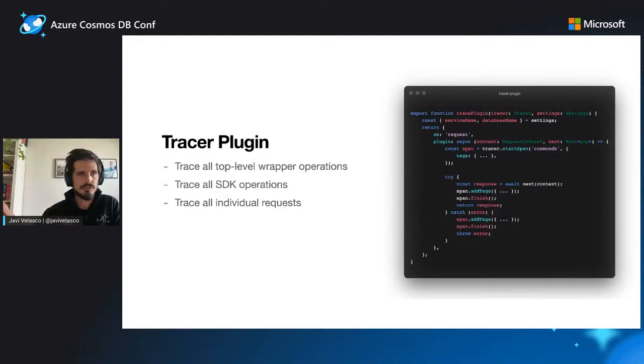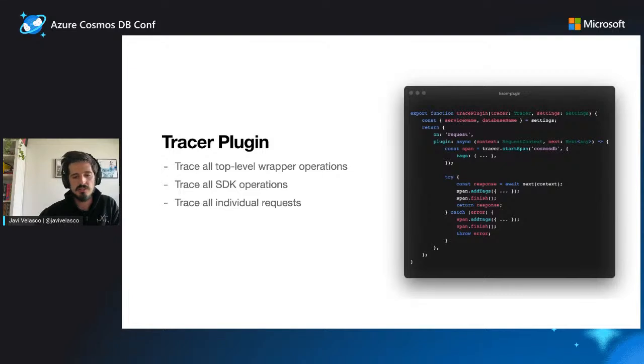So we defined a tracer plugin that works through APM and starts a span as soon as a new request happens and closes it once the request is done, tagging and logging all errors and all sorts of useful information. Now, what is very interesting about this is that if we also trace our wrapper functions and the SDK functions, we can finally have a flame